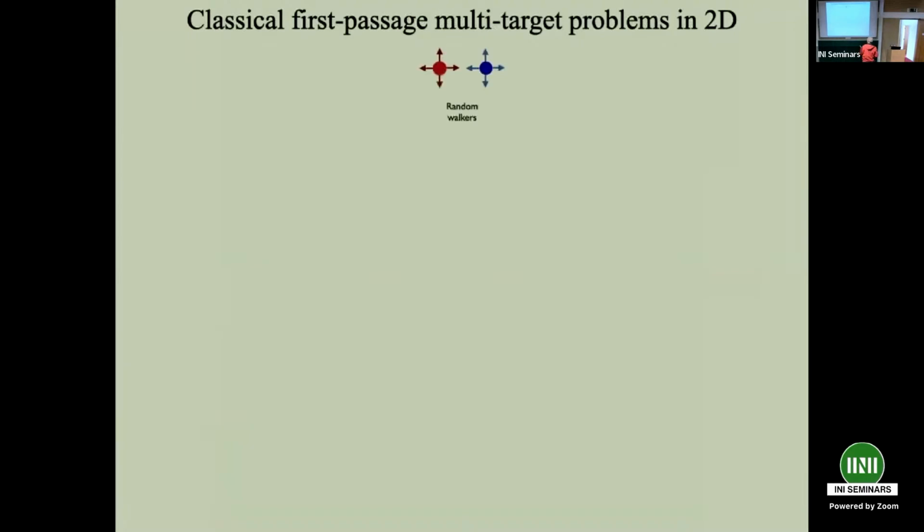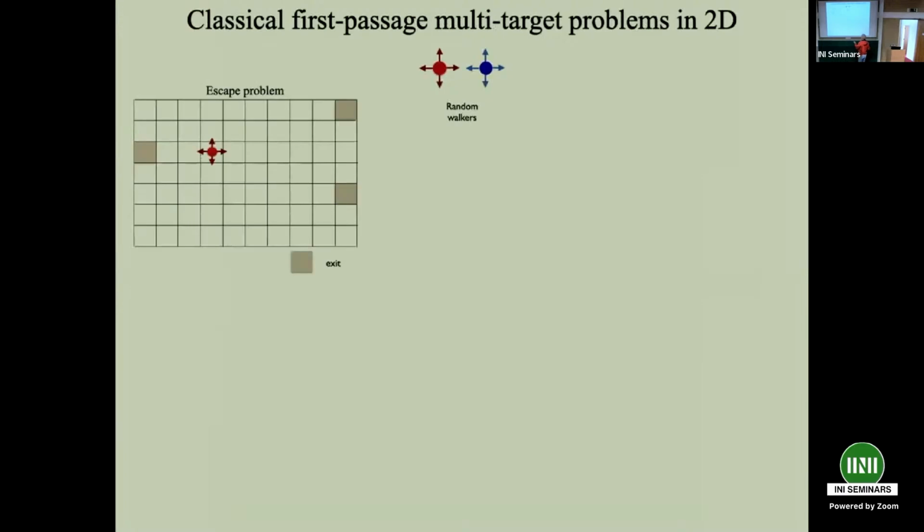These are the classical cases. Imagine you have two individuals. In this case, it's one individual. This is a classical first passage or escape problem. So you have a domain, and then there are locations where you can get out, and you want to think about the time it takes for that to happen. What's the probability? At the end, I said the animal, of course, the random walkers move randomly in